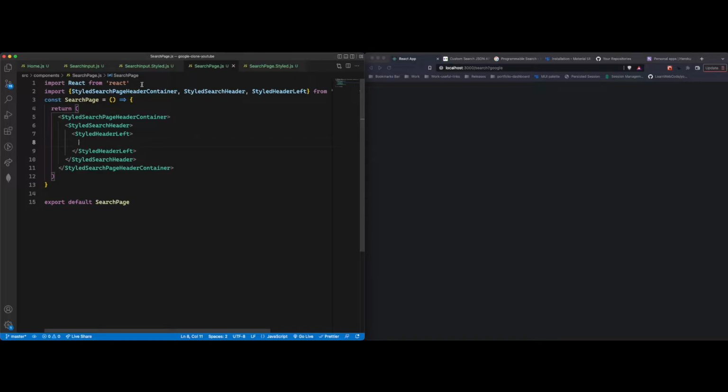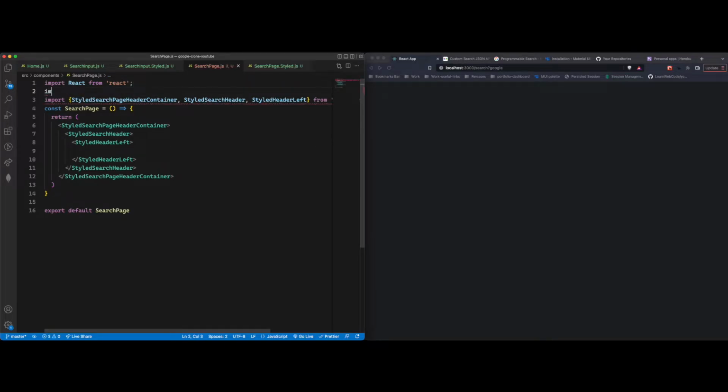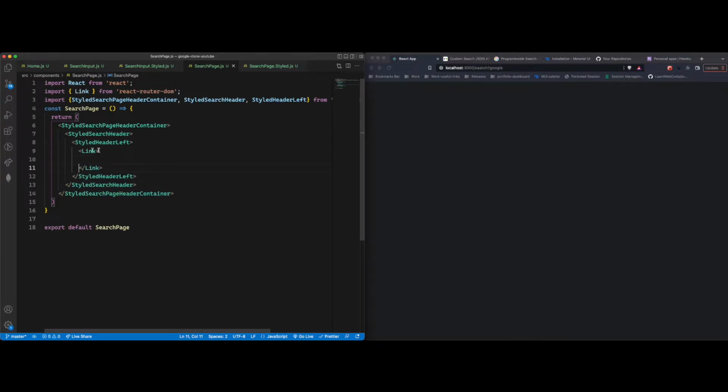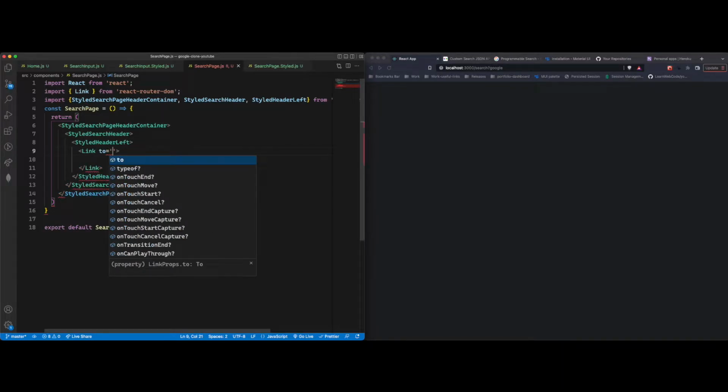So for that to happen, I'm gonna have to bring the Link component from React Router DOM. Copy that link, and let's put that link in there, and within that link I'll provide the to property of slash,